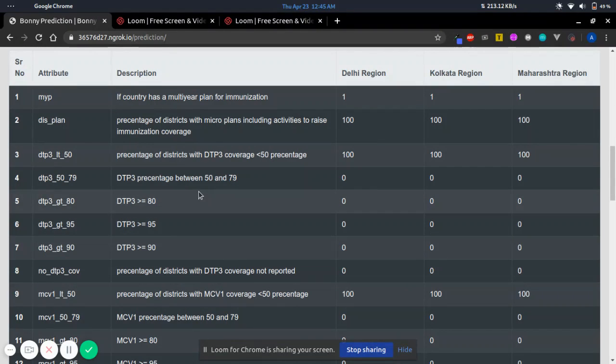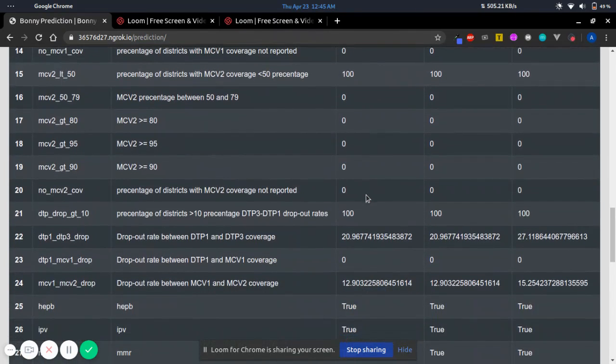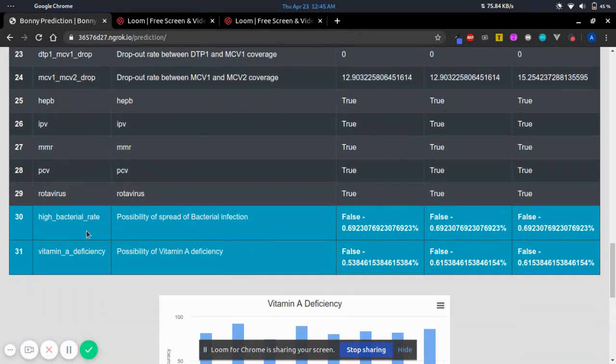Through our application data, we saw three regions: Delhi, Kolkata, and Maharashtra. So we have calculated a value for each attribute respective to that region, and based on that, we have tried to predict the bacterial infection rate, that is, the possibility of spread of bacterial infections, as most of these diseases are bacterial.